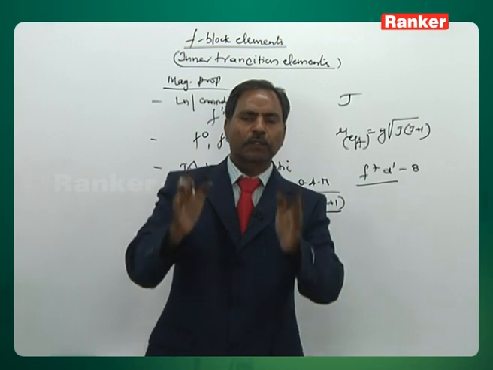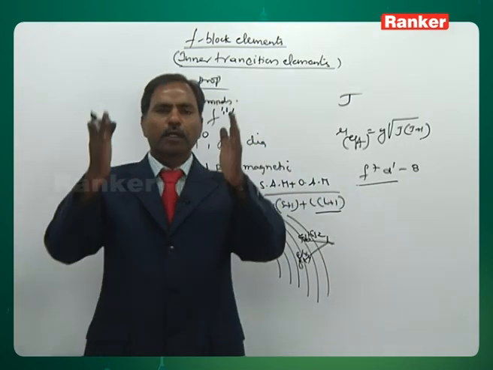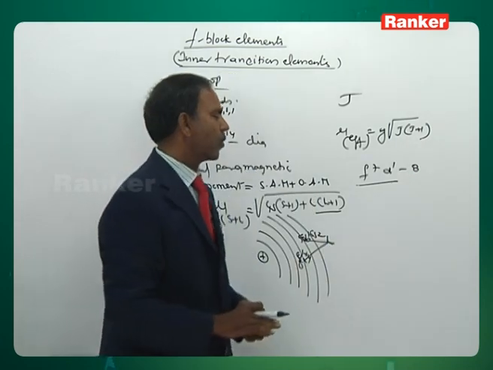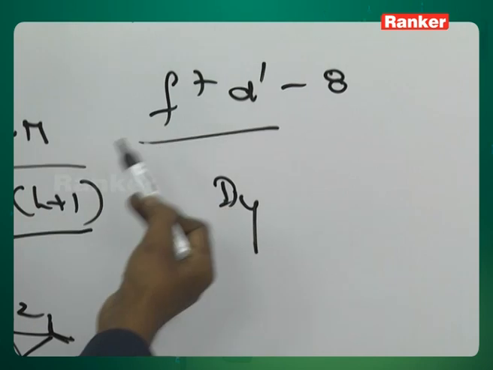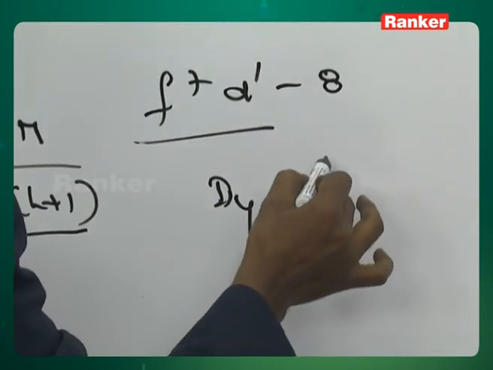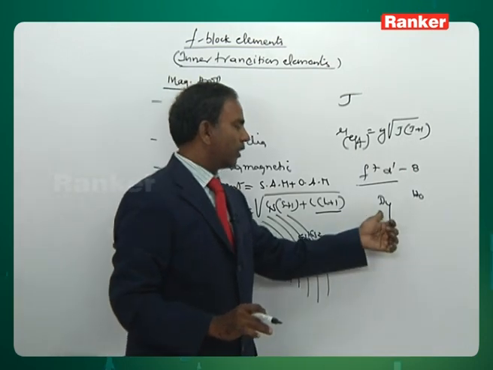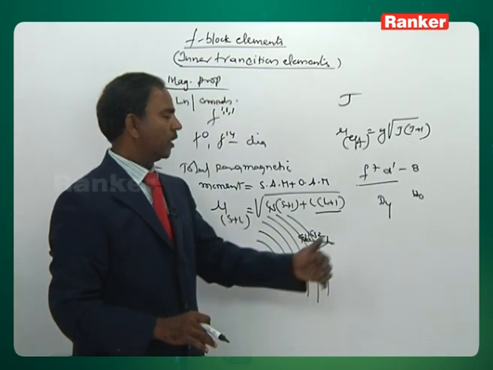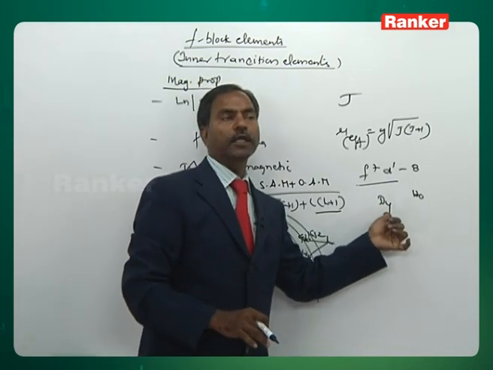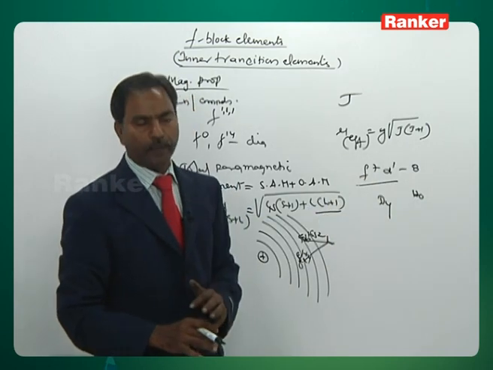But experimental results show that it does not exhibit greater paramagnetic moment. Among the lanthanides, the greater paramagnetic moment is observed only with dysprosium. The second element is holmium. So why do dysprosium and holmium exhibit greater paramagnetic moment, even though the number of unpaired electrons in dysprosium and holmium is less in comparison to gadolinium? Next,